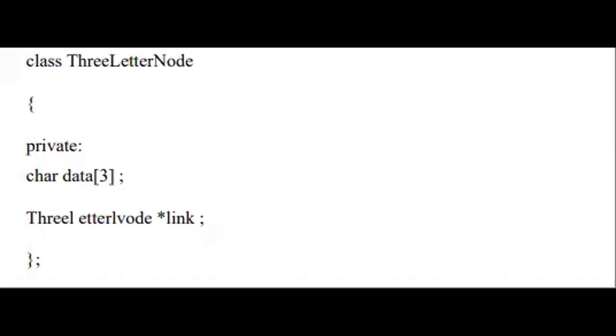So in here we have a syntax, class node, and we have defined privately some data and a link. We have used star link as the pointer, to which we will assign the values for the link part, and data will be the values we give to the data part of the nodes.